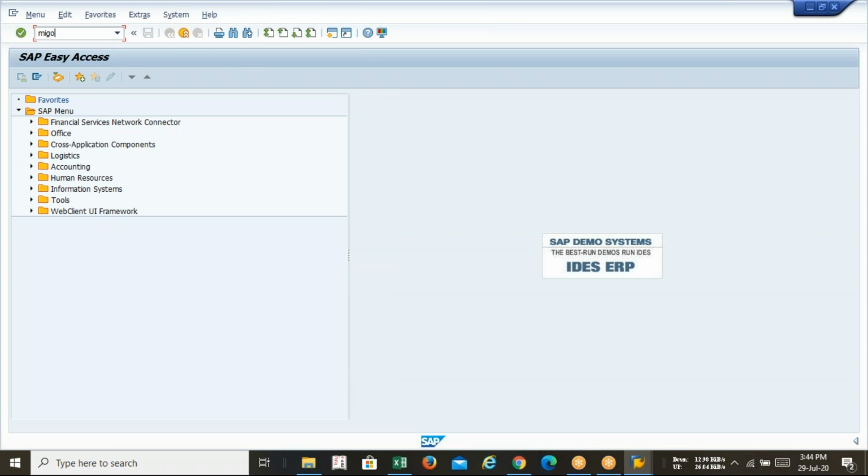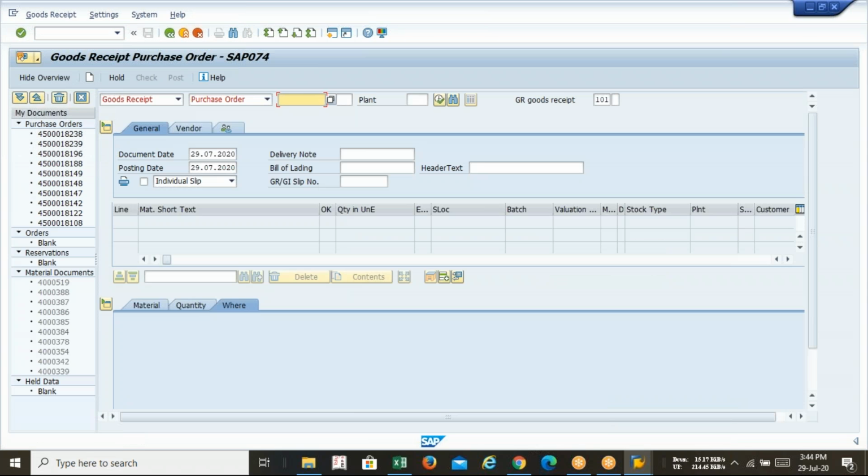And after the assigning, madam, can you tell me your PO number? You told me that in Migo, the Migo is not posted. It means that you have created your PO. So tell me your PO number, if you remember. The last one is 18237. So 45000182, this one, 237.